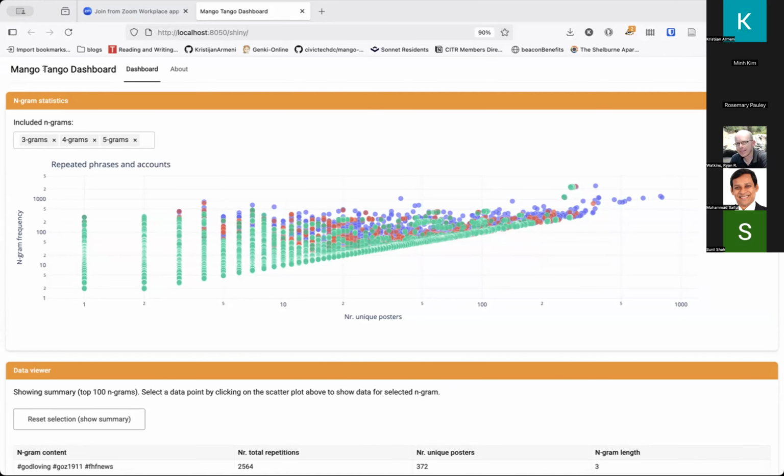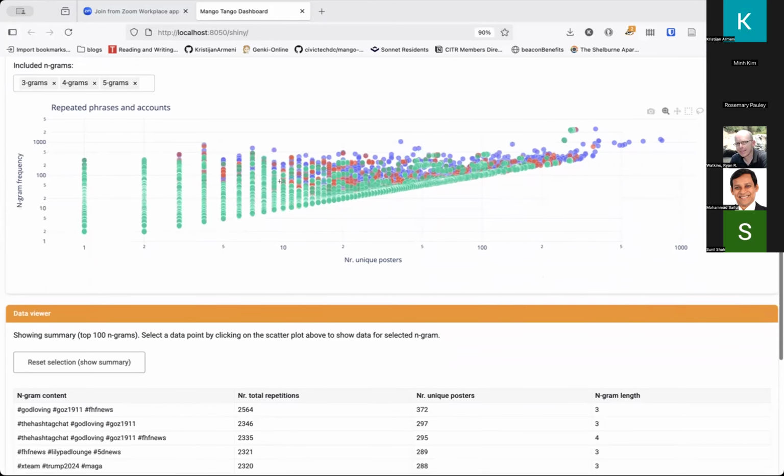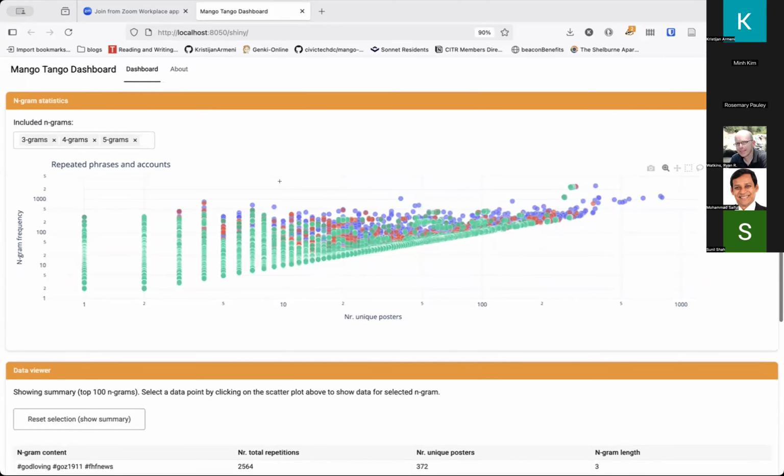The idea is that the user can now click through and quickly see what kind of patterns are in the data specific to the test that was just run. For those curious about the technicalities, this is the Shiny for Python framework. And yeah, it always starts with a little plot.